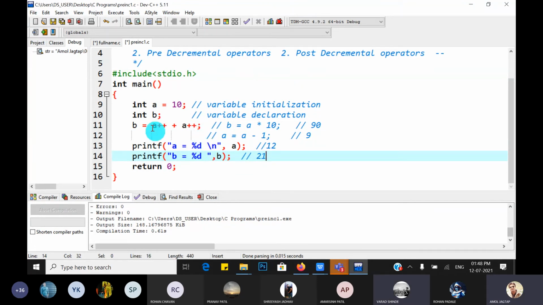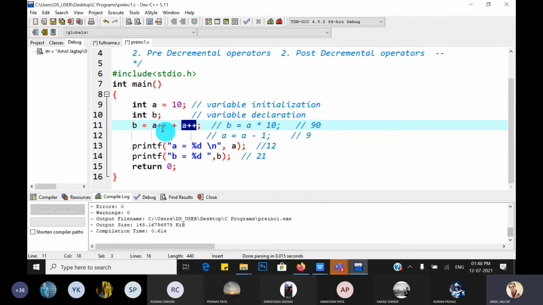First we have to increment A, and this type of statement gives different outputs like this. A is 12, which is correct because we increment A two times, so the current value of A becomes 12. But here, when we solve this, first A plus plus and plus A plus plus, you might think 10 plus 10, 20.